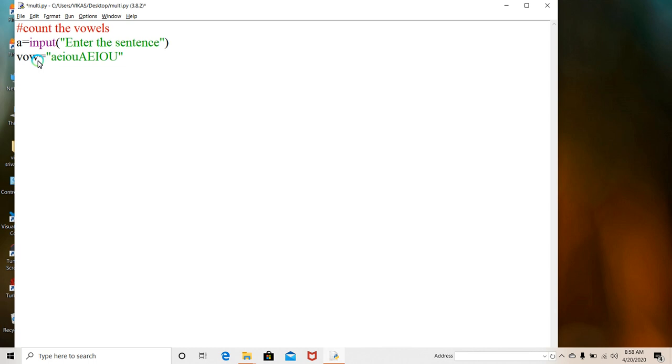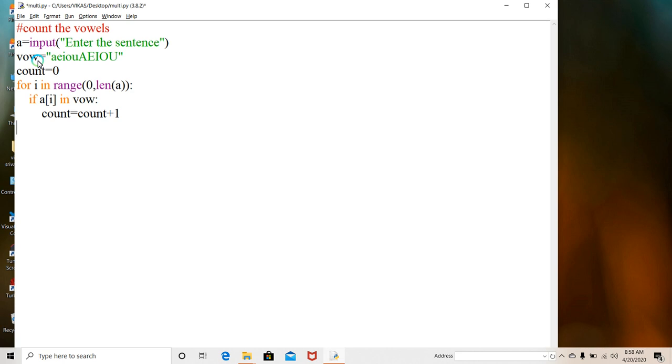Then I will use a counter: count is equal to 0. Then I will write for i in range, starting from 0 to the length of a. Then if a of i in vowels, then count is equal to count plus 1.